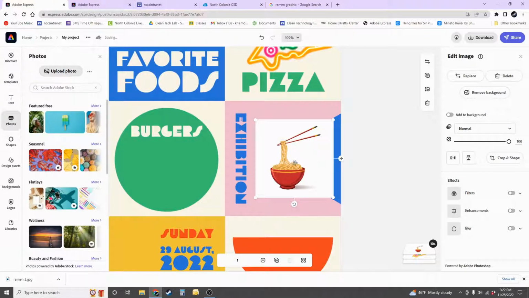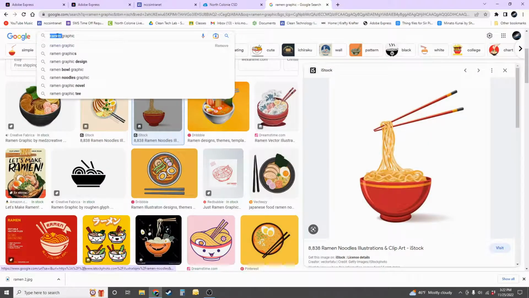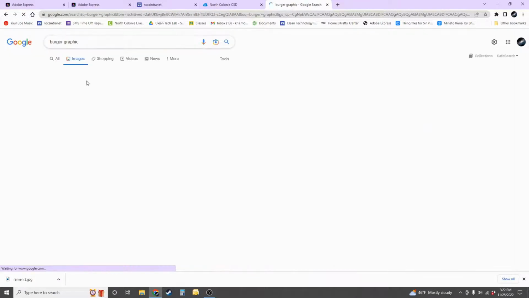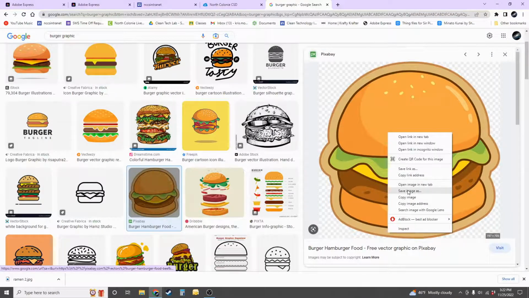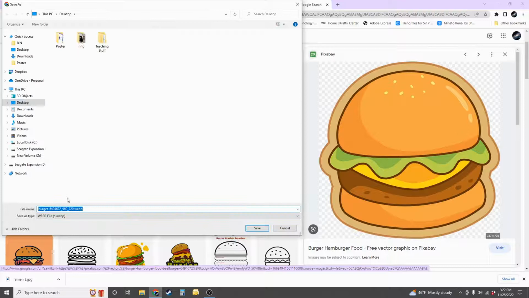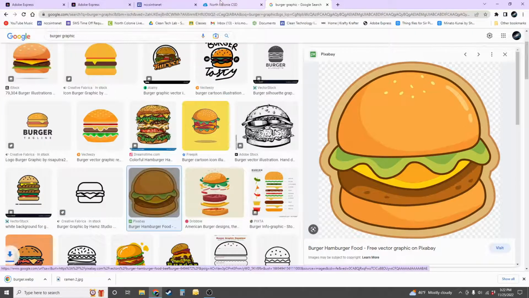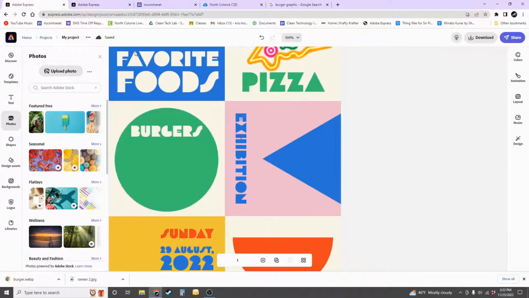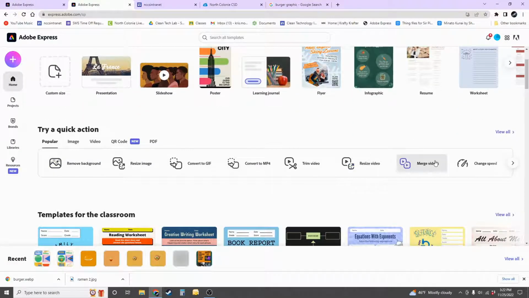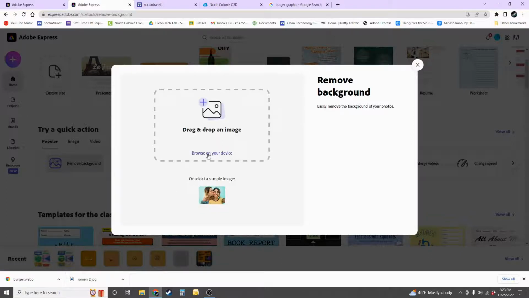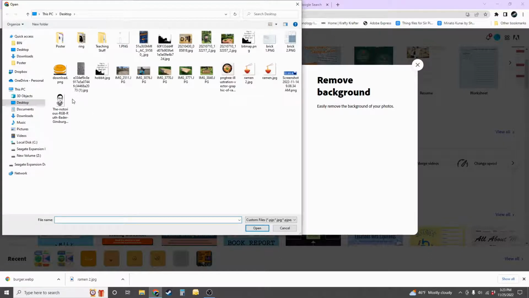So instead, what we can do, and let's go ahead and do this with a burger graphic. Let's say this one here. It looks pretty good. Right click, save image as, and throw that on the desktop, and we can call that burger. If you go into Adobe Express again and get yourself back to the dashboard here, there are a bunch of different options which have been covered in a different video, but one of them that's really useful is the Remove Background tool. So if I hit Remove Background and then click on Browse on your device,